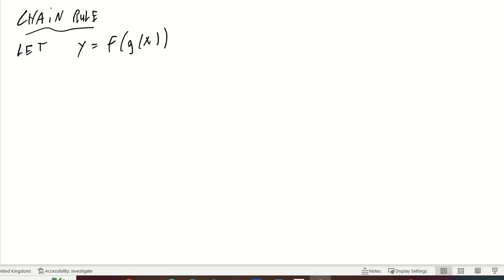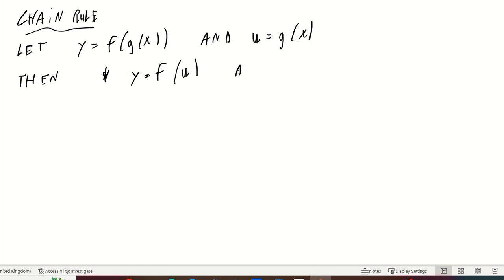have this function g of x, okay? And if we also let this variable u equal the inside function, which in this case is g of x, okay, then what we can say is two things. The two things we can say is that, first of all, y can now be expressed as a function of the variable u, okay, and we can also say that the derivative of y with respect to